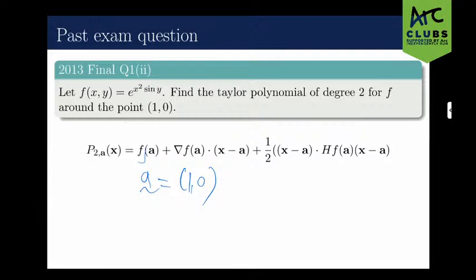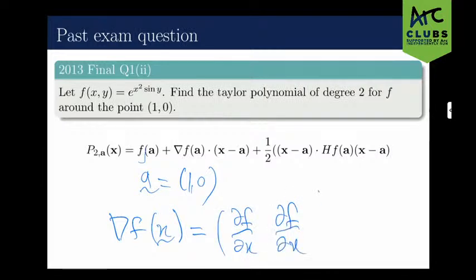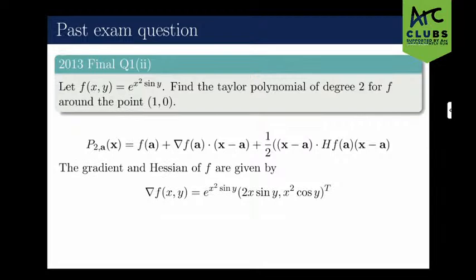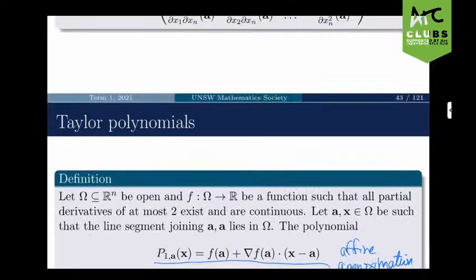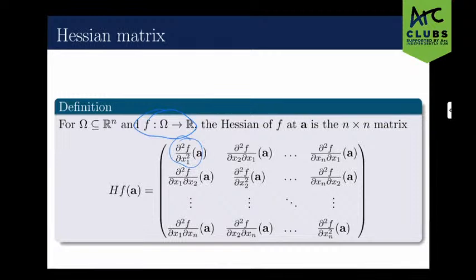And then I want to find the gradient. The gradient is just the vector of the partial derivatives. So I first have df, partial with respect to x and y. So I just do that over here, and I should give you this expression. So this is the gradient. And then next I want to find the Hessian matrix. To find the Hessian, if you look at the definition earlier, we can think of it as actually just coming from the gradient. So the gradient of f